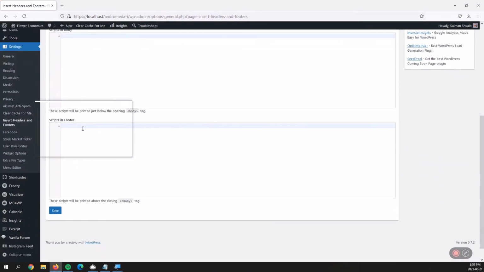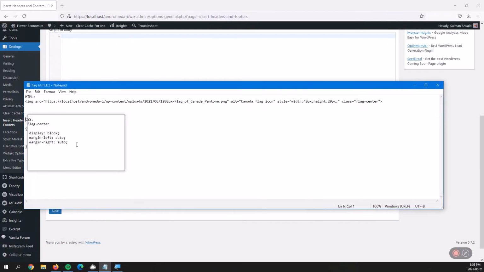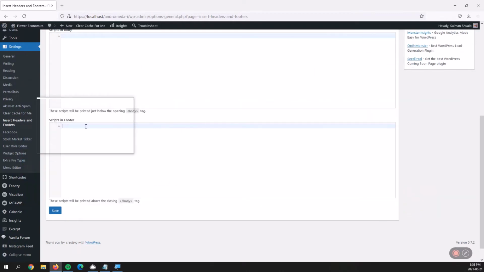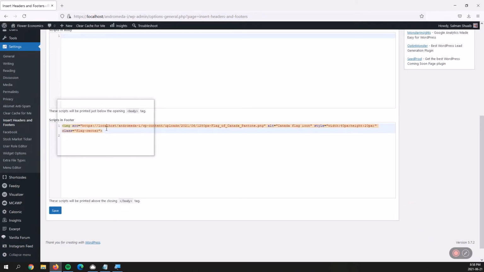go to the bottom in the footer section, copy over this code which I'm going to post in the YouTube description, as well as at flowereconomics.com and the troubleshooting forum. So this is the URL that we earlier copied from the image in the media section, and this part specifies the width and the height of the icon, and this is the class which we are going to edit right now. So save it,